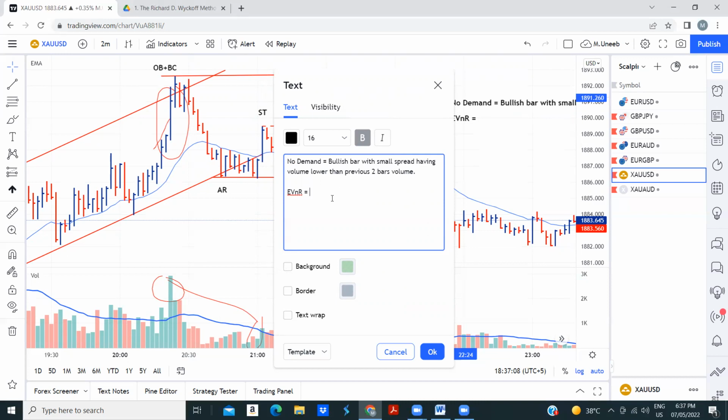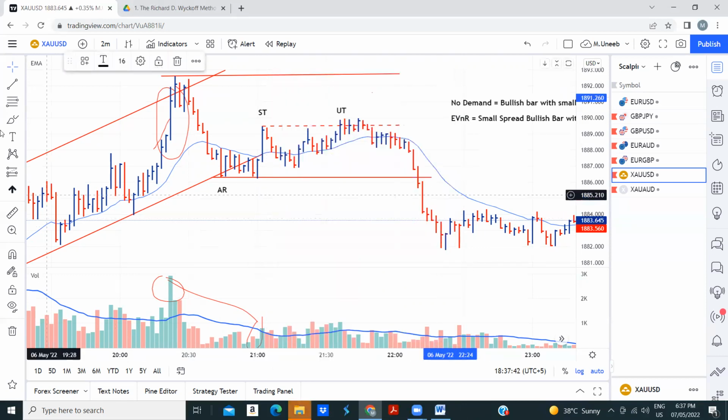Now we have effort versus no result. Effort versus no result is exactly similar to no demand, but it is opposite. No demand is a small spread bullish bar with low volume, while effort versus no result is a small spread bullish bar with high volume, because in my previous video, I told you that